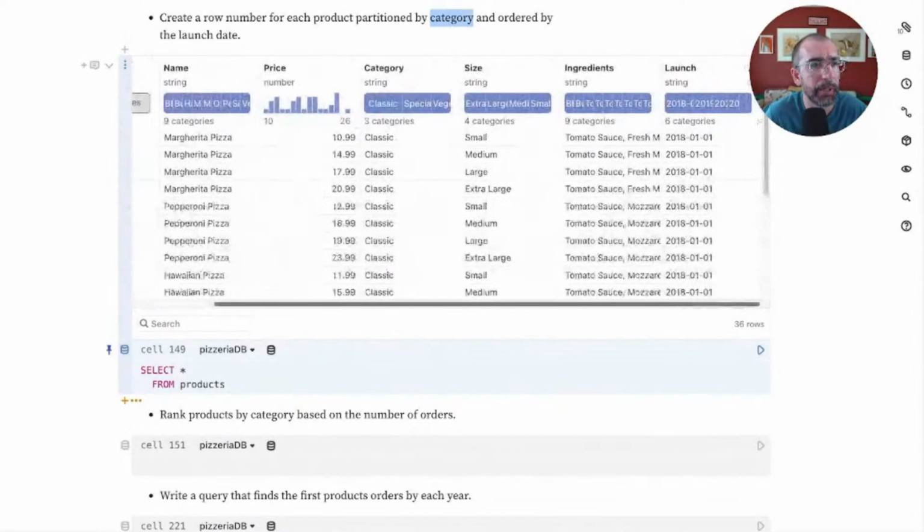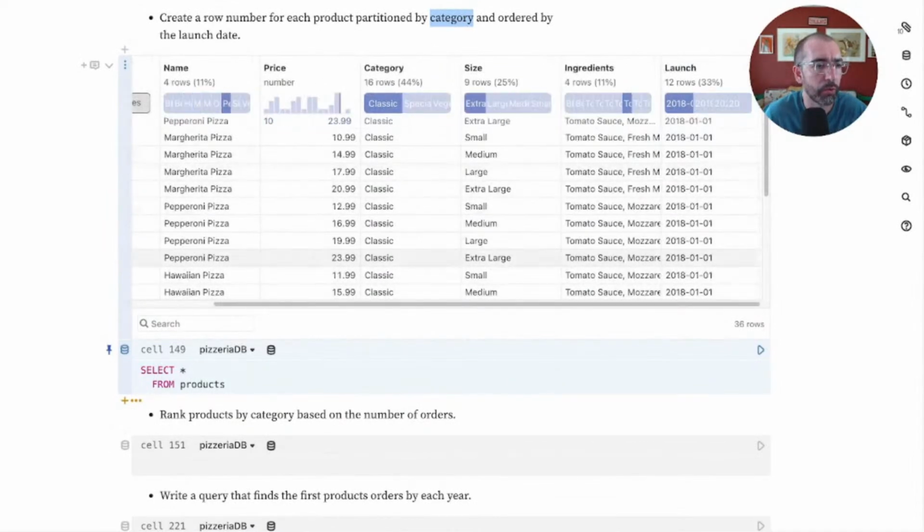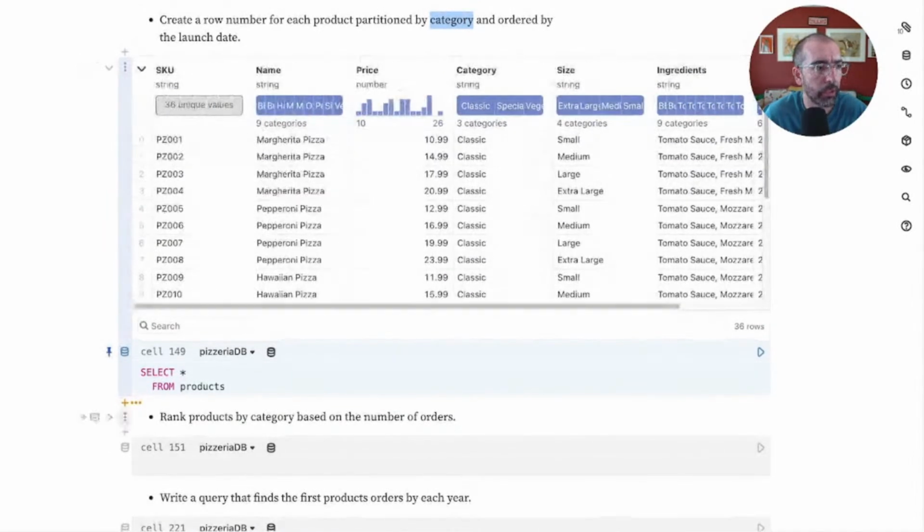So the last column here is this launch. It's when the product was first introduced, and we're going to use that launch date. So we will do the row number function. We're first just going to call that function. And then to say we're using a window function here, we're going to do over